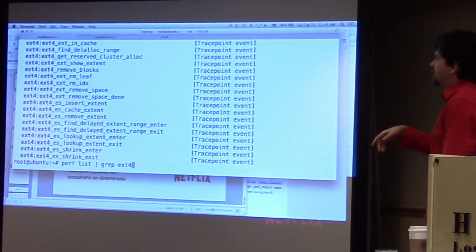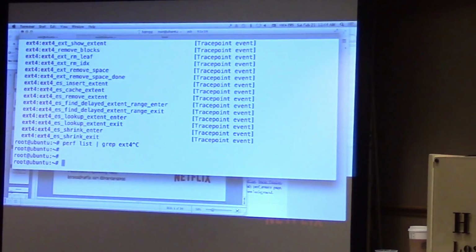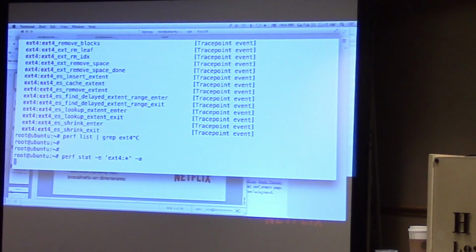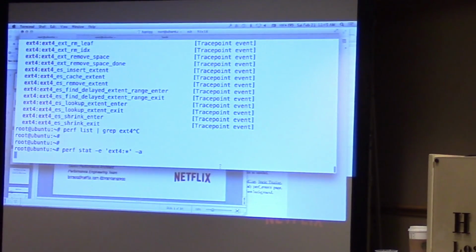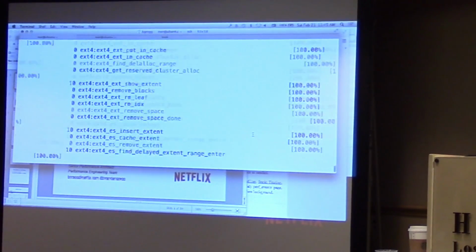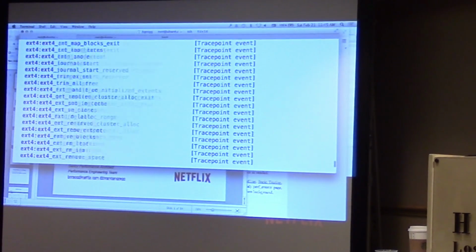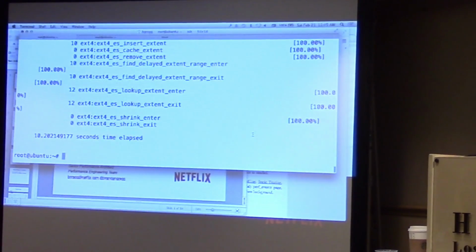I've just listed a whole heap which are from ext4. There's multiple things I could do. One of them is just perf stat. So perf stat -e, I'm specifying the event. The event is ext4, all the probes. -a means instrument this on all CPUs. And so I hit Control C, and this word wraps in a nasty way, but not much is happening on this idle instance.